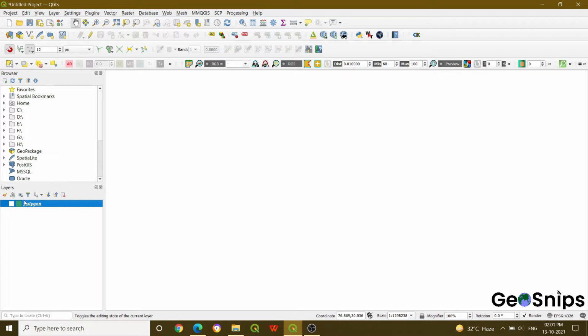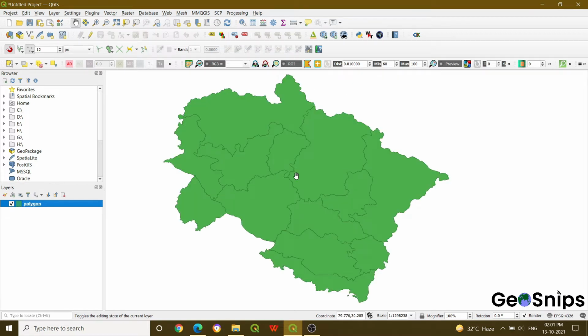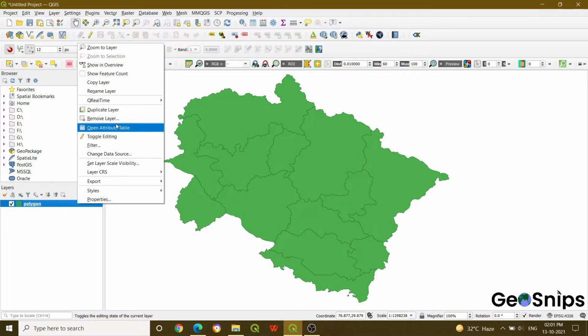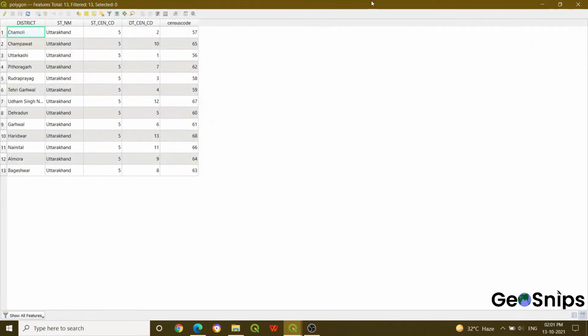What you have to do, you can see that we have added a polygon layer. Just right click and go to attribute table. Once you select the attribute table, you can see that we have these 5 fields. Now what if I want to select this DTSEN field and select only those values which have a value greater than 9? Because there are very few entries, you can see it clearly. What if you have thousands of entries and you want to select some of those features?